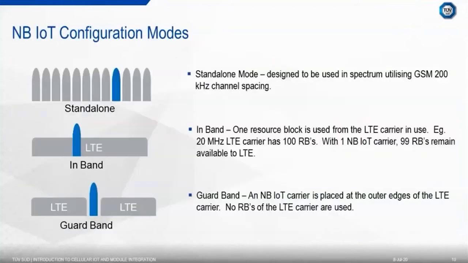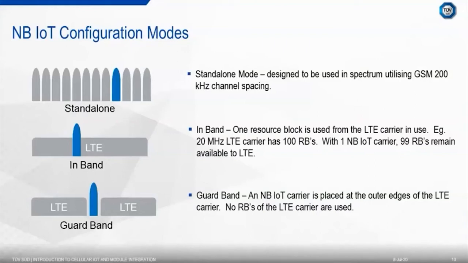So just before we move on to some of the technology highlights, I want to quickly explain the modes of operation for NB-IoT that you might have noticed on the previous slide. NB-IoT can be deployed in a standalone, in-band or guard band mode. Standalone mode resembles very closely a GSM deployment. It has a single resource block, which is a 200 kHz channel spacing, as we've already mentioned, the same as GSM. This means it's a good fit to coexist with network channel rasters already being used,